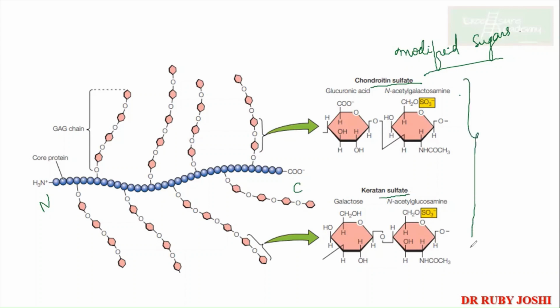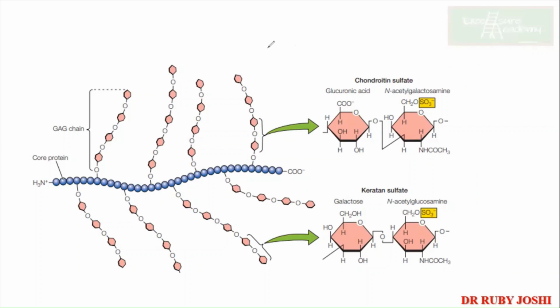So where do we hear all this about? Along with the collagen, they form your extracellular matrix. Okay, so here you have to remember that to your proteoglycan, you have got many or several copies of this chondroitin sulfate and the keratin sulfate. अब यहाँ पे याद क्या करना है for exam? That is what is the main thing. So proteoglycans are nothing but they are the extracellular matrix components which are made up of modified sugars like chondroitin sulfate and keratin sulfate, where these chondroitin sulfates are made up of glucuronic acid and N-acetyl galactosamine.